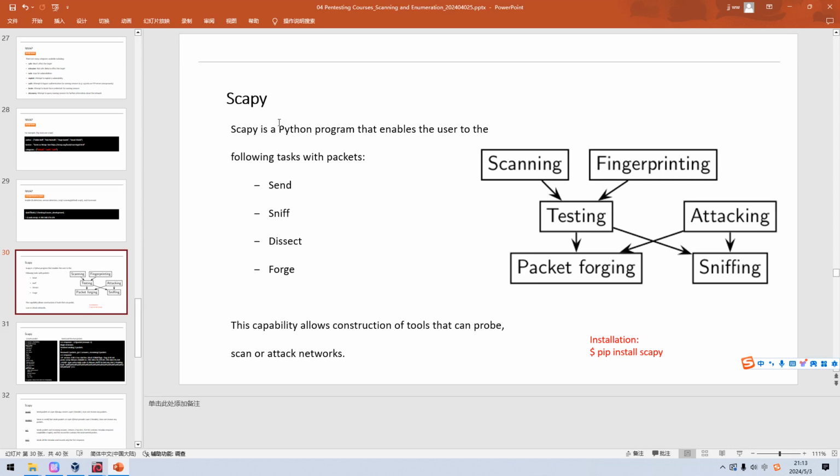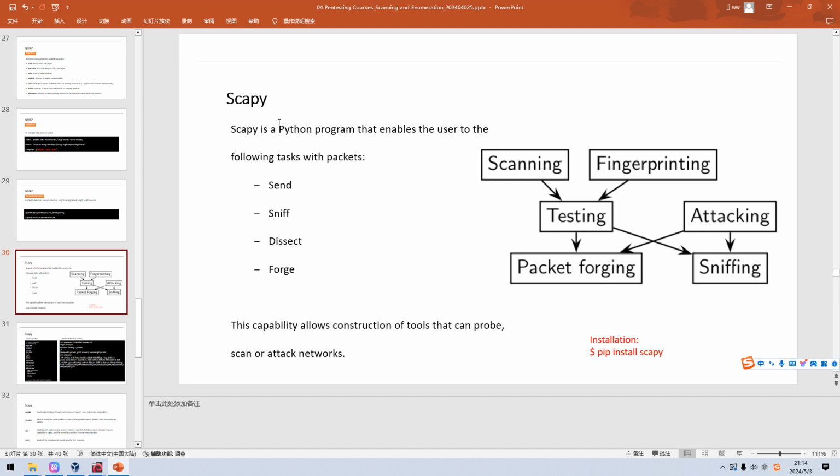Okay, dear friends, in this video I'd like to talk about Scapy and other enumeration tools. Although Scapy can provide functions beyond enumeration, like packet forging, sniffing packets, and even attacking the target, this is another fantastic tool. And in most cases, Scapy works as a third-party module. This module can be imported into the Python